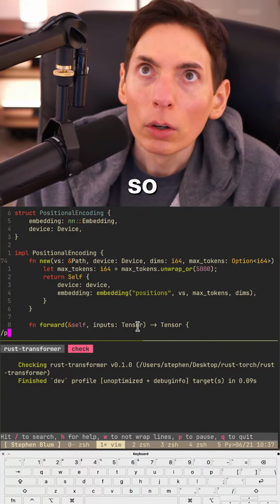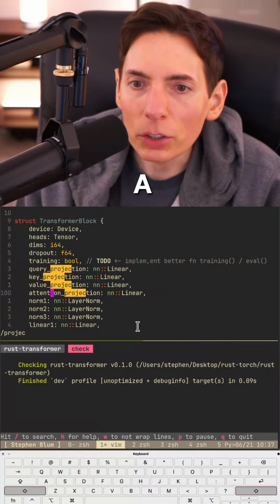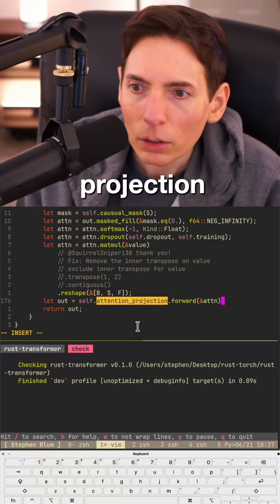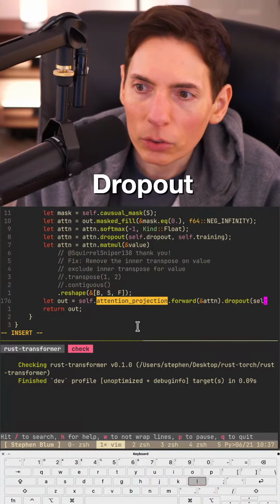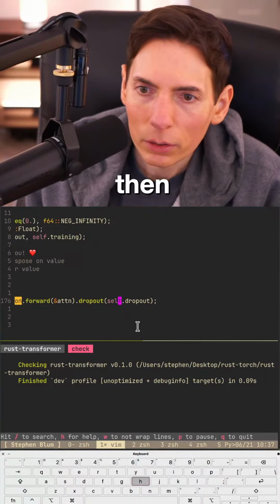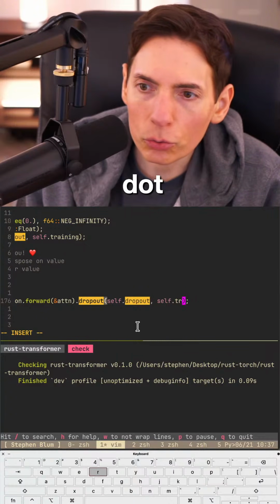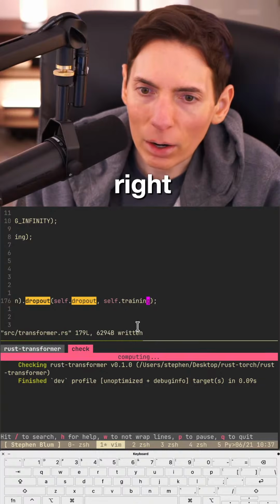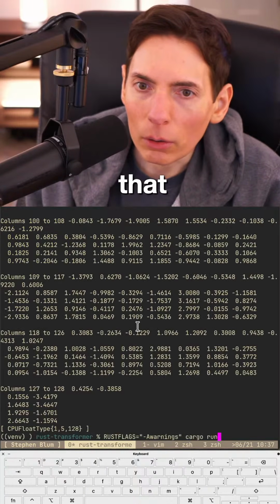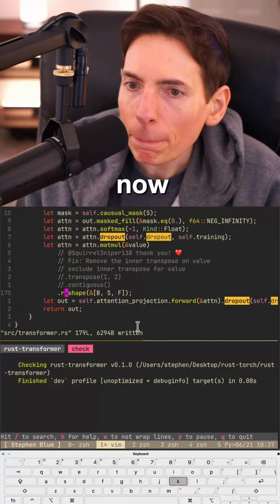So, let's see, projections, attention projection, dropout, self.dropout, and then don't we need to say training or not training? Yes, self.training. All right, how about that? We're just doing cleanup, you guys. We're doing cleanup now.